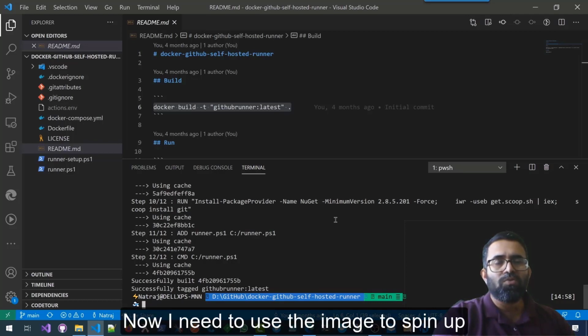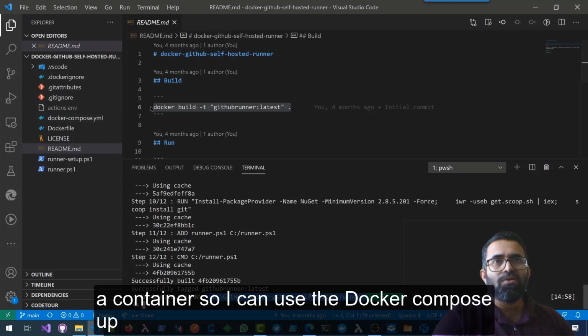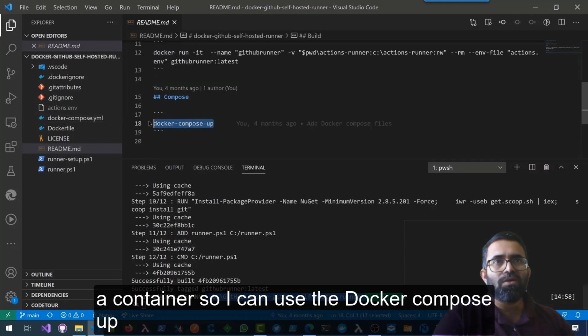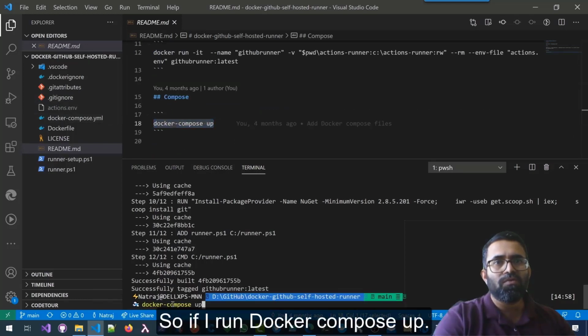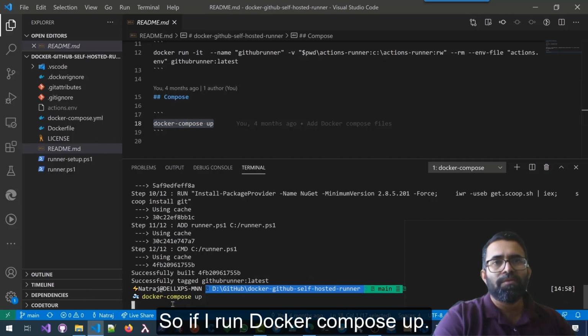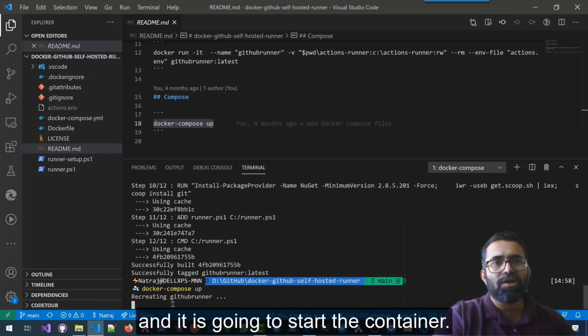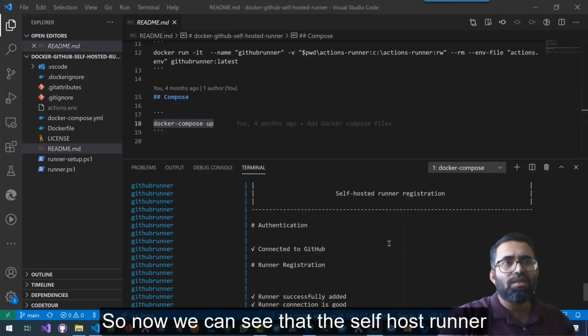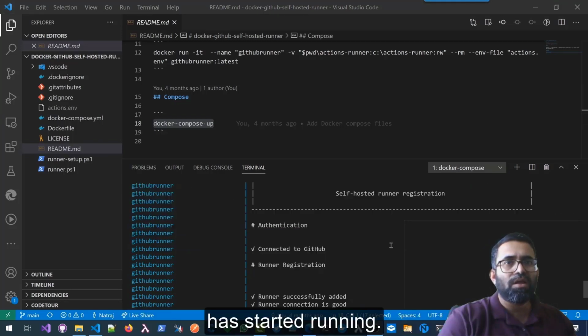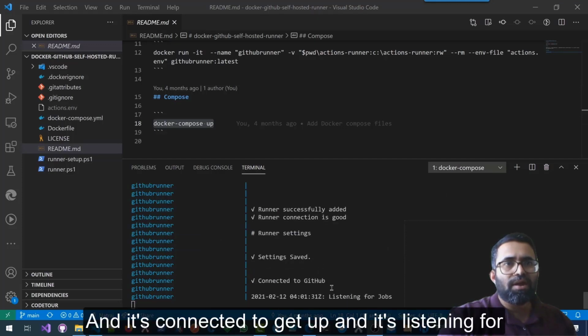Now I need to use the image to spin up a container. So I can use the docker compose up command to do that. If I run docker compose up, it is going to use that image and start the container. So now we can see that the self-hosted runner has started running, and it's connected to GitHub and